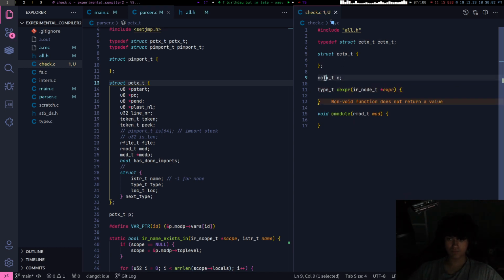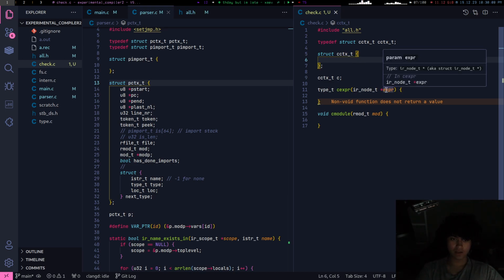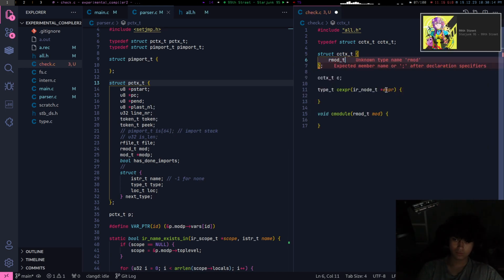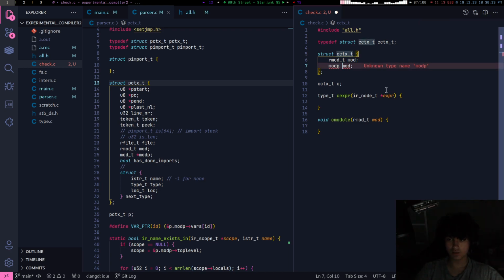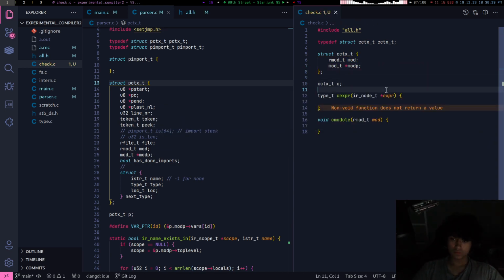Yeah, and then this is C, C context. Okay. And the checker doesn't work based on files, it works based on whole modules. So our mod T is mod, and mod per. Yeah, this is mod T pointer is mod per. Okay. Doesn't seem that hard. I just recurse over all of the expressions. Yeah, so just for.